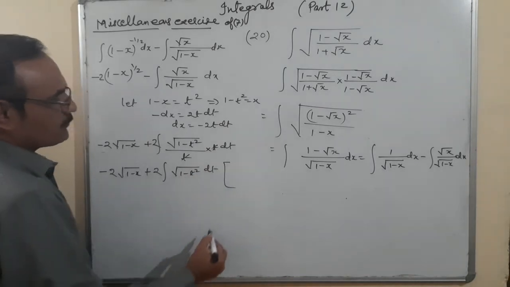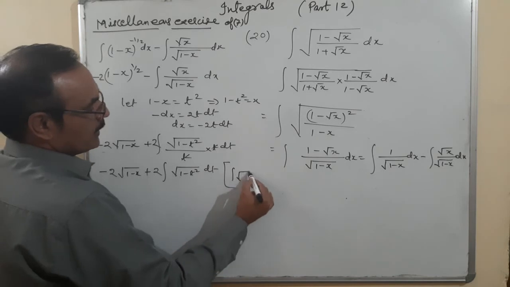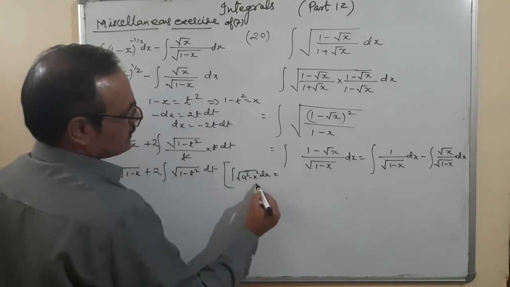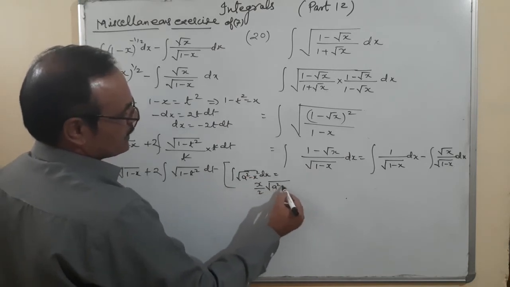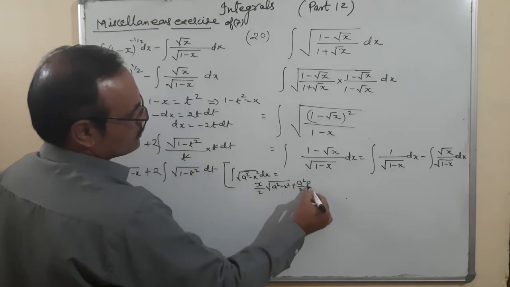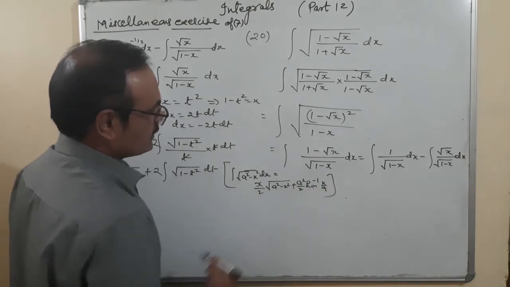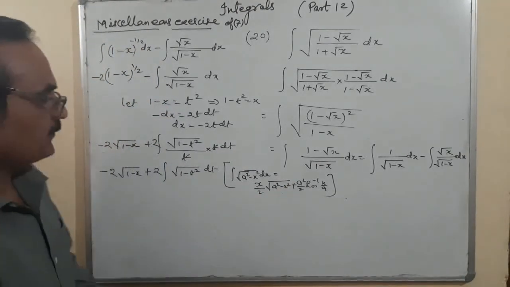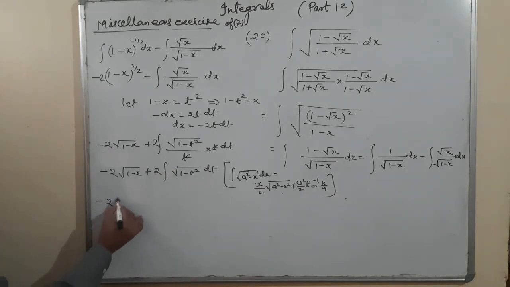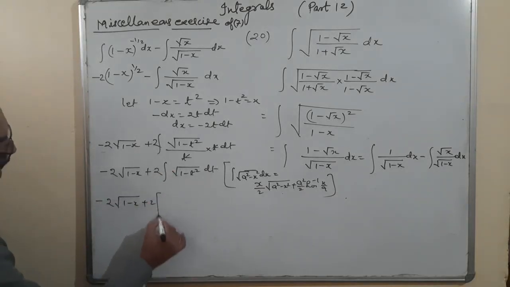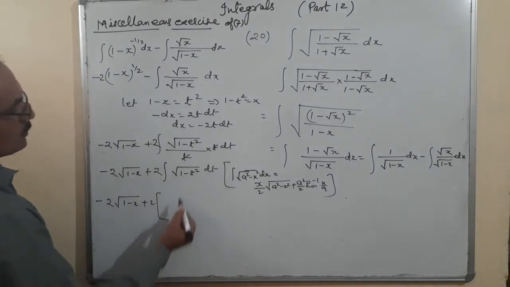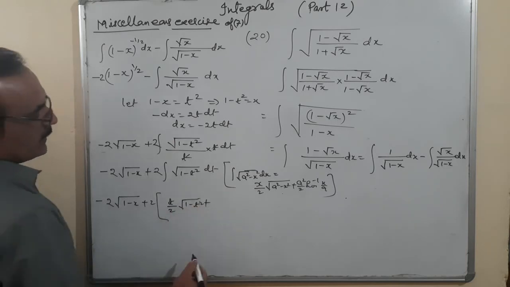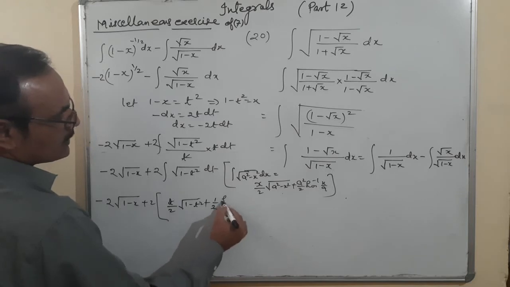And this is a very important formula, as I told you: integral of under root a square minus x square dx is equal to x upon 2 under root a square minus x square plus a square upon 2 sine inverse x upon a. Isn't it? This is a formula. We are using this formula here: minus 2 root 1 minus x plus 2 times t upon 2 under root 1 minus t square plus a square upon 2, that is 1 upon 2, sine inverse t